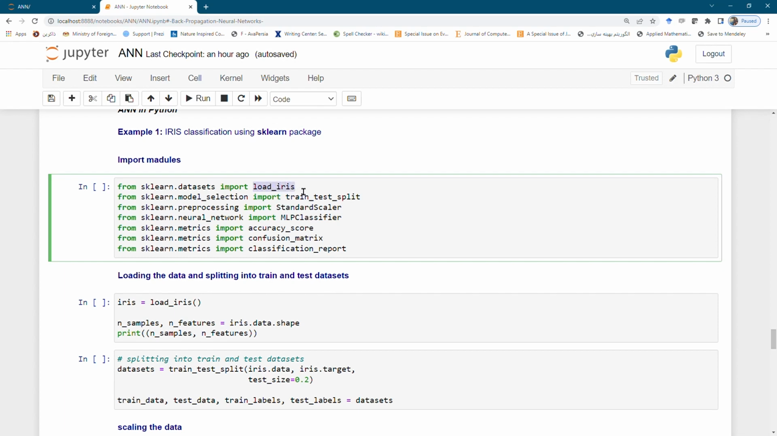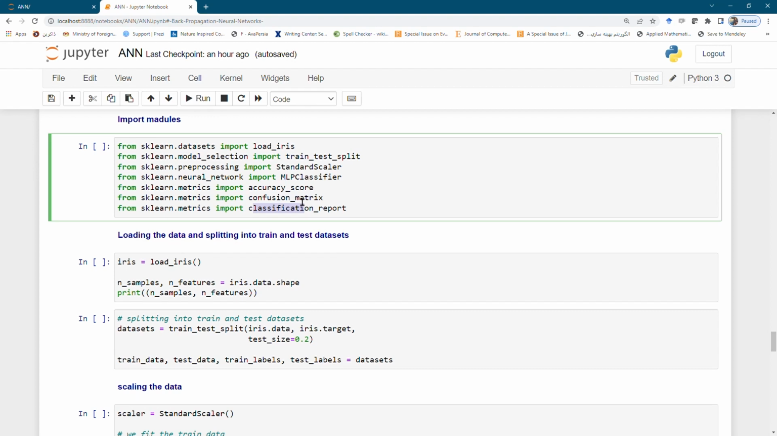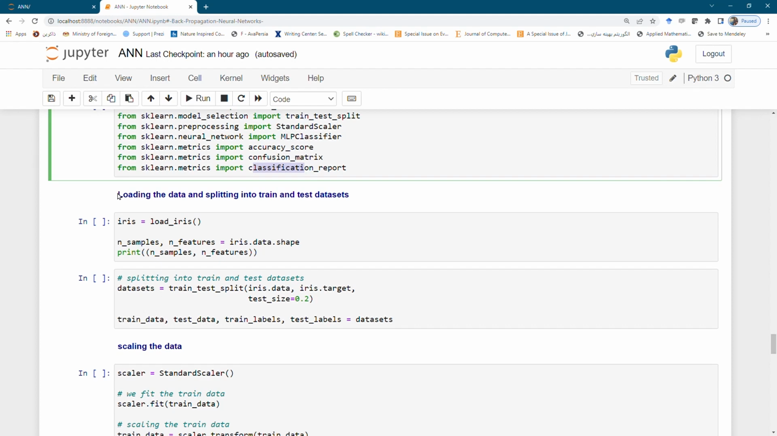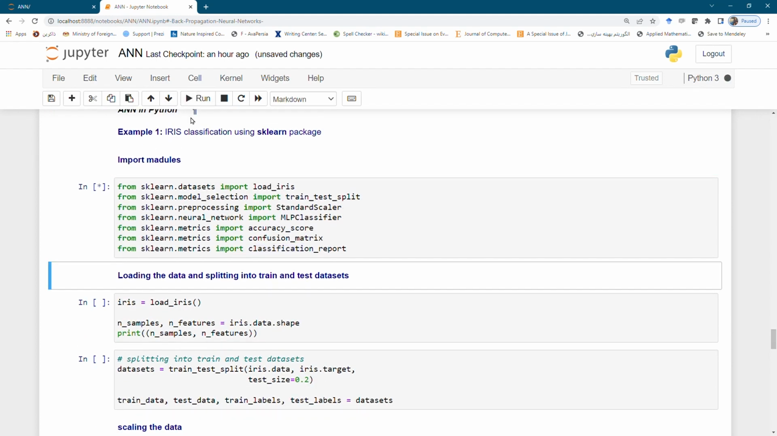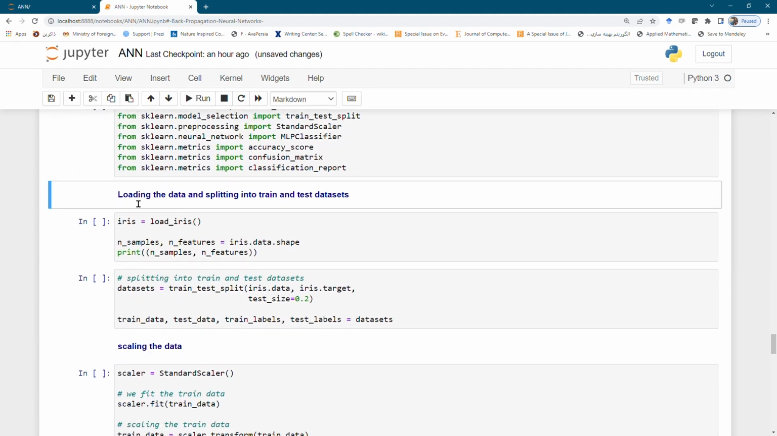we loaded the dataset, the iris dataset, and like the previous one from model selection, we have the train test split, we have a standardization, and here is the new MLPClassifier. Okay, accuracy, confusion matrix, and classification report are also provided for you before. So now it's time to run this code,